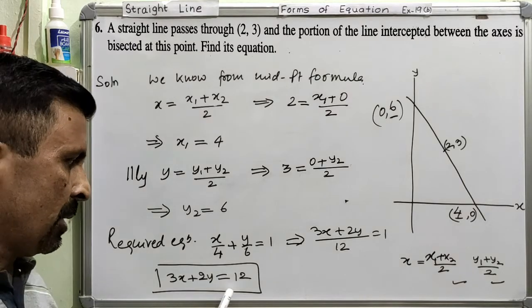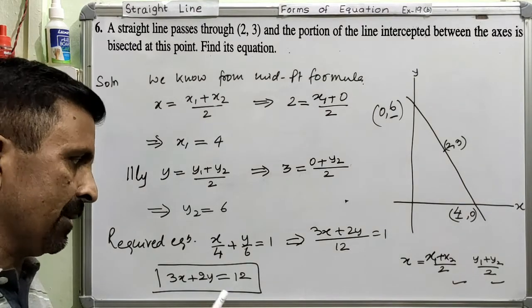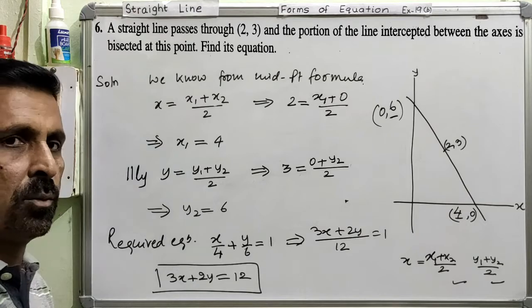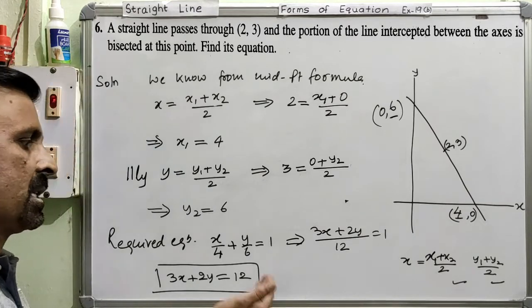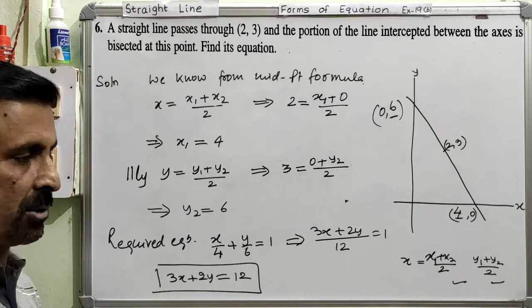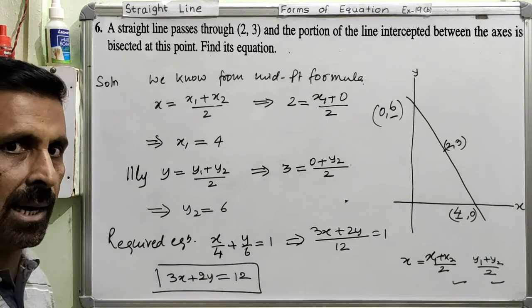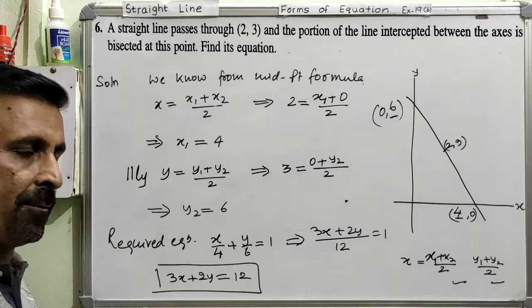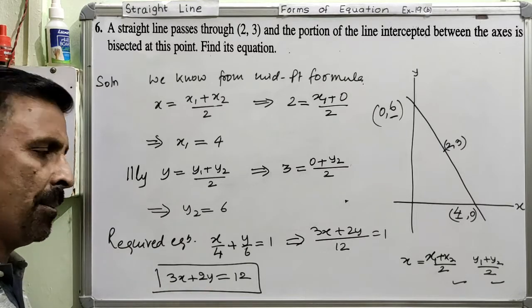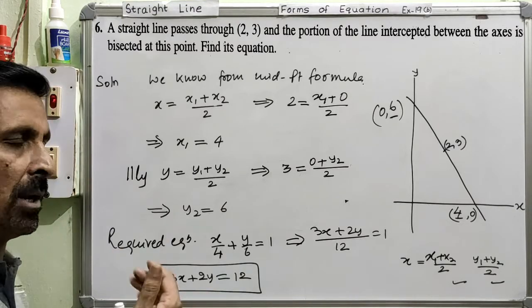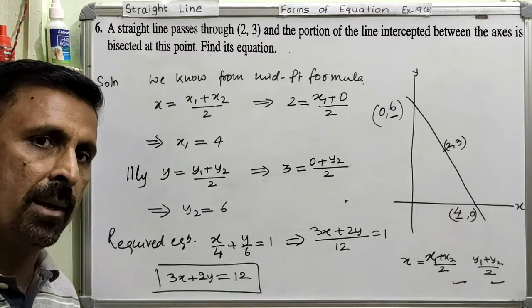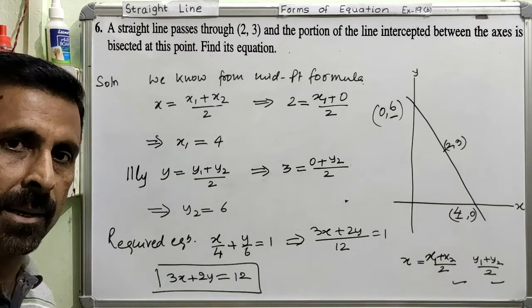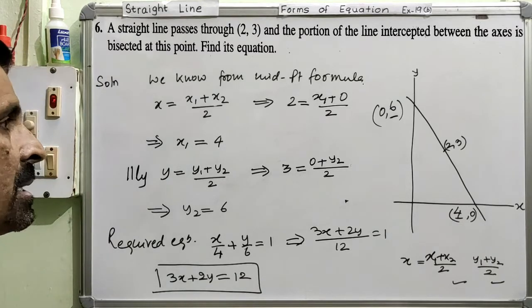Is it okay? So now we can leave this answer. Otherwise, if you want to do the rearrangement and shift this 12 to the left-hand side, you can go for that also. But it is not necessary. As I told you before also, the constant can be together on one side if you want to write this equation in the general form. But this time I am leaving it because my 12 is positive, so this will also be a good answer. Is this very clear? So with this, we are ending the session here itself.